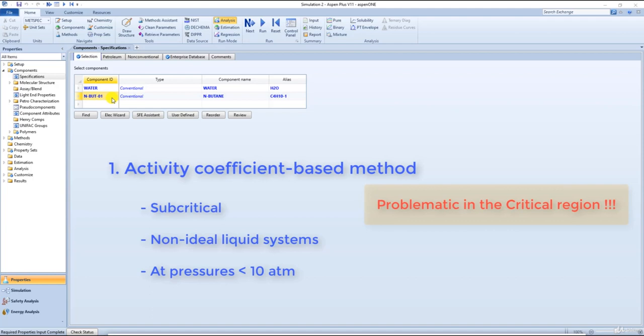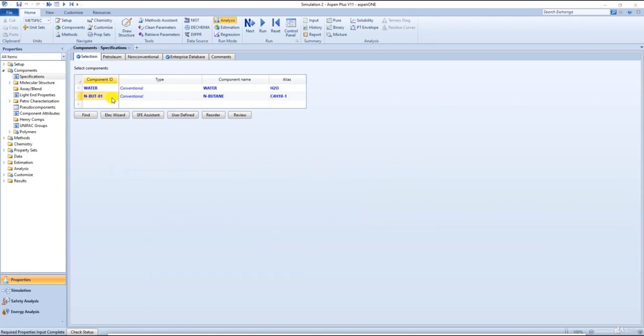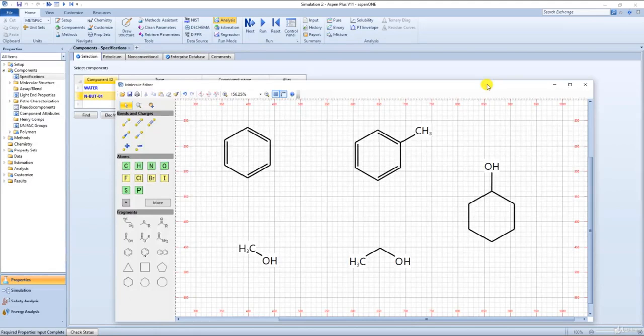Now, before going into detailed discussion on solution thermodynamics, let me first simplify for you the concept of ideal versus non-ideal liquid mixture. In general, in chemistry, mixing two or more similar species to form a solution results in an ideal liquid mixture. Take a look at this example here. For example, mixing benzene, that you can see here, with toluene forms an ideal benzene-toluene mixture, and so is the case with